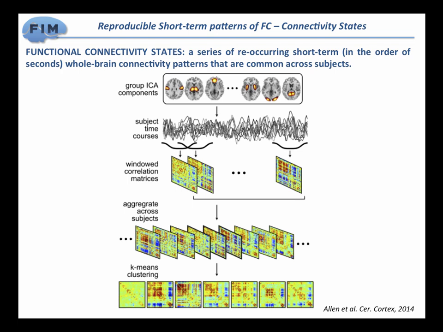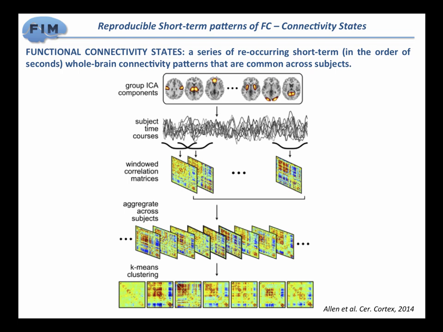So the whole idea is that here you have your time series, here you have a given parcellation of the brain, and either doing this type of a sliding window analysis or some other analysis for subsets of your run, you come up with these overall patterns of connectivity. And then if you were to look at them and attempt some sort of clustering, what you would find is that there is a subset of representative whole brain connectivity patterns that seem to occur for short periods of time, then reoccur later, and that actually those patterns, to a given extent, you can find them to be